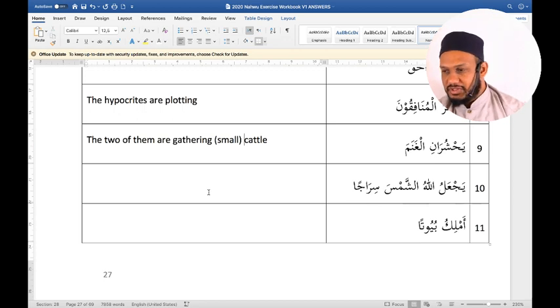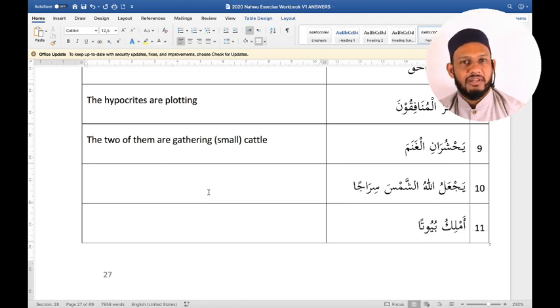Okay, don't worry too much about the dual. Someone asked me about the dual female, but it'll go like this. Yaf'alu, yaf'alani, yaf'aluna. Taf'alu, taf'alani, taf'aluna. So you just add ani to the word. If it's yaf'alu, you add yaf'alani. If it's taf'alu, she is doing. Taf'alani, the two of them are doing. Taf'alu, you are doing. Taf'alani, the two of you are doing. Taf'alina, taf'alani, the same thing again means the two of you are doing, whether it's male or female. But we'll give you the table inshallah. Don't worry about it too much for now.